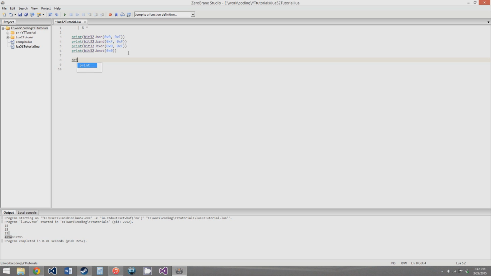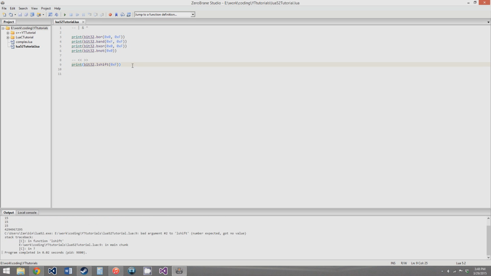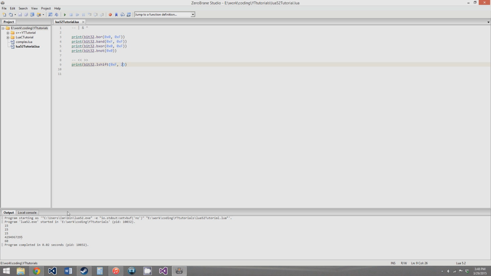The next few functions are the right shift, left shift, and the rotate functions. So if we print bit32.lshift, this is the equivalent of left shift and right shift, and there's no rotate functions in most languages. Left shift just shifts all the bits to the left, so we can give it 0xF, and we get an error. Oh, we need to tell it how many times to shift. We'll say 2. We get 60,